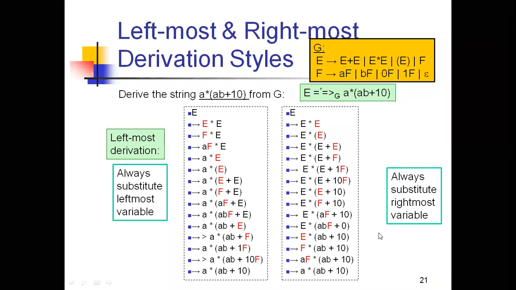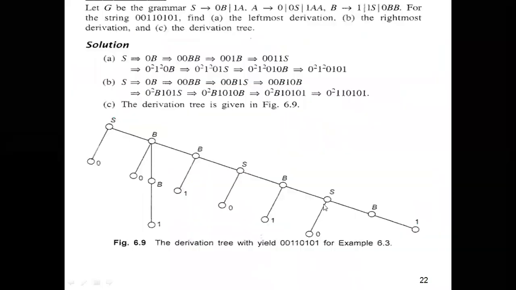Okay, then let's see the next concept. And I think you all understand how to derive the leftmost and rightmost derivations, right? And this is a derivation tree. And here we have a question: let G be the grammar, and the rules in the grammar are S tends to 0B or 1A, A tends to 0 or 0S or 1AA, B tends to 1 or 1S or 0BB. And for the string